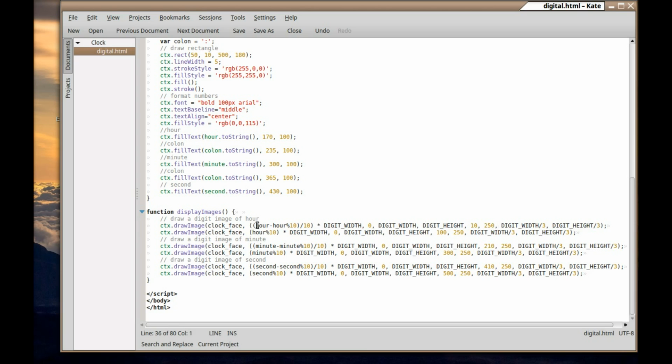So this first part, we're going to do the hour. So hour, whatever the value of the hour is, put that in, times the width of the digit, 263, in that position. So it picks up that section of the image. So it might be picking up the 5 or the 10 or the 6 or the 9, whatever. This will tell you which one it's picking up. Okay, this will tell you how big it has to be,